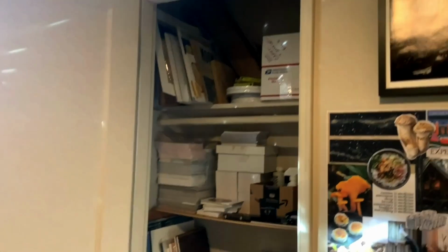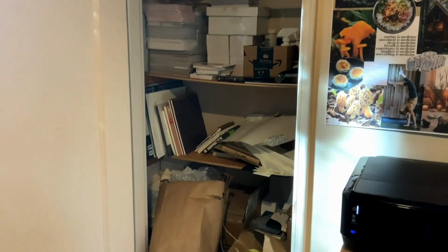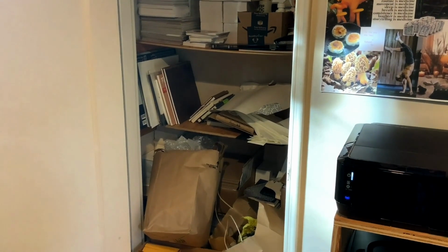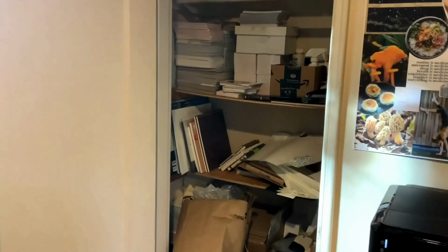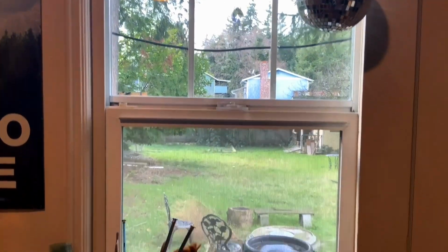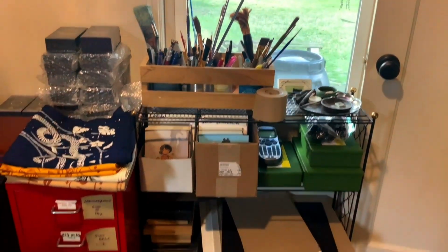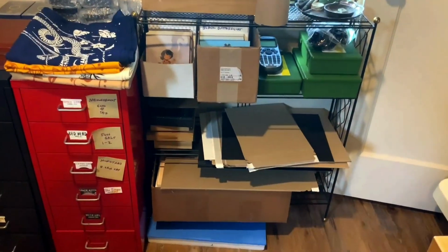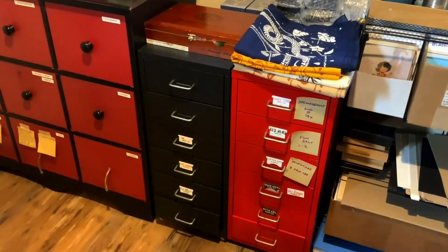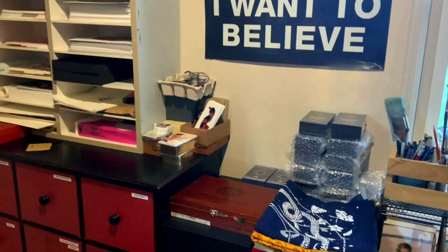Here's my closet with a bunch of storage. We got extra postcards, sketchbooks. It looks like a mess, but this stuff really is useful, I promise. You can see into the backyard out here. Then I've got extra paintbrushes, postcards, prints. Keep my enamel pins in these bins here, which are pretty helpful. Some card decks,